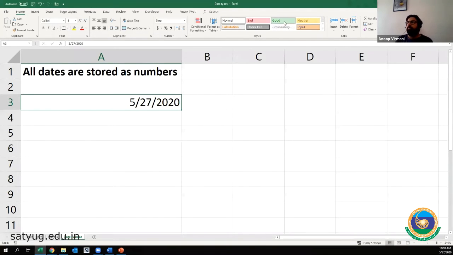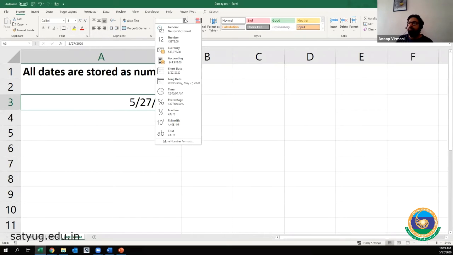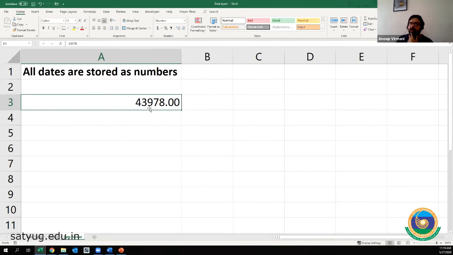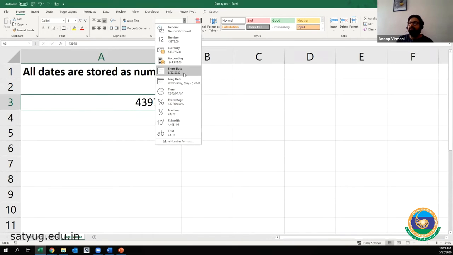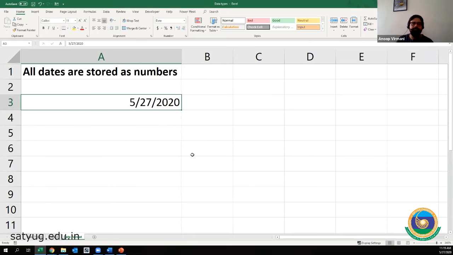This is the date. Now, as per my format, this is a short date. But if I click here, you see, I get this number, 43,978.00. Excel is storing the dates as numbers. If I convert it, I'll get the date again.